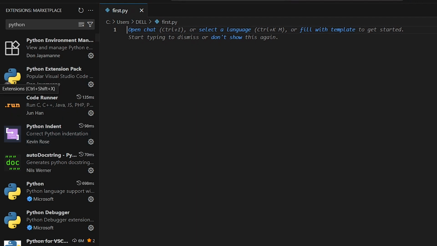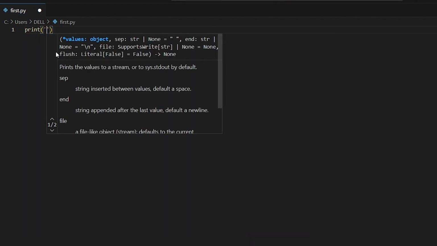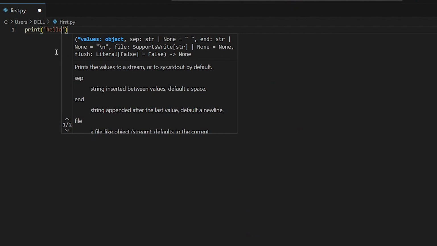So let me hide this extension. So I'm going to click it and it's going to hide the extensions. And if you look at the title of this script, you can see a Python icon beside it. And the reason is because this is a Python script and we saved it with .py. So now we can go ahead and start writing our Python program. We can start putting our Python statements and expressions inside of this. Let's go ahead and write print, and I'll put hello. We're going to learn about the Python syntax, but I'm only trying to show you that it is working.